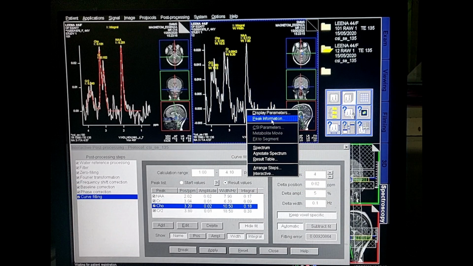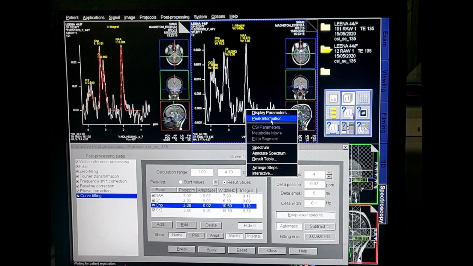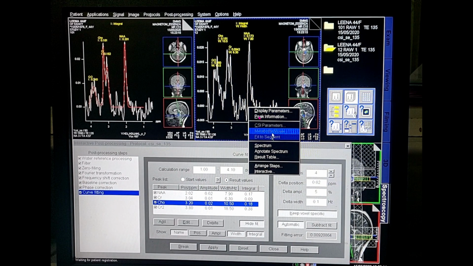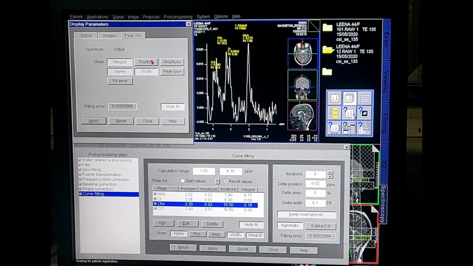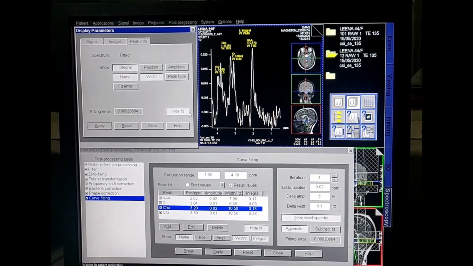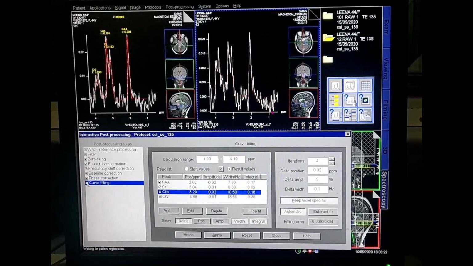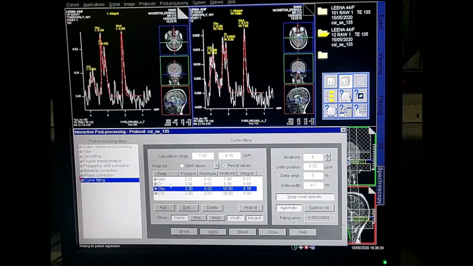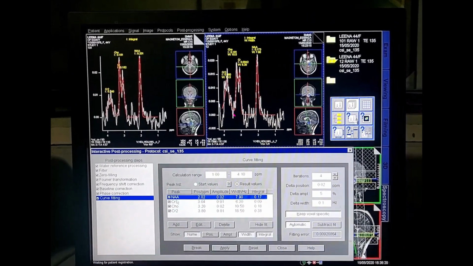Once you select the peak information part, when you go back here, see you have different options here. You select the peak information. In the beginning you can add additional values which you want to show here, which I will explain later on. So I have unclicked the position part and I have hidden the fit. Once you click the fit, it will show the red curve fitting. So you click here, it will come and go as you want. Okay, this was one thing which we learned while actually doing the study here.